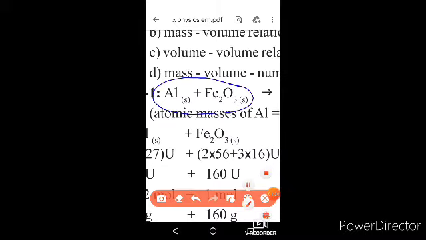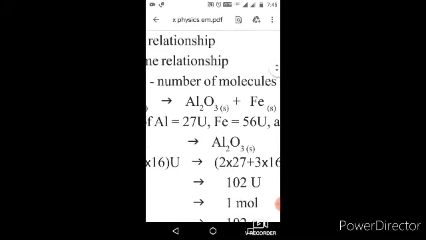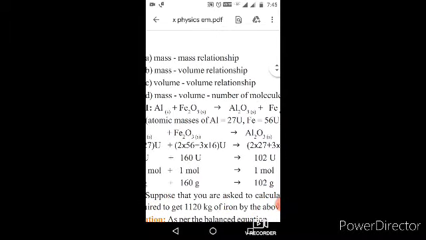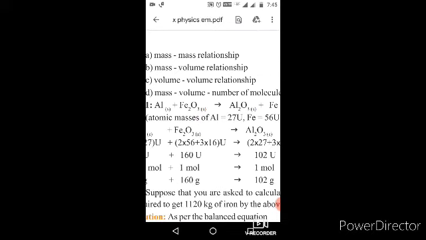Next, second mass belongs to products. So actually mass relationship includes one technique, that is aluminium reacts with iron oxide, gives alumina plus iron. So actually we want iron only. To separate iron from iron oxide,